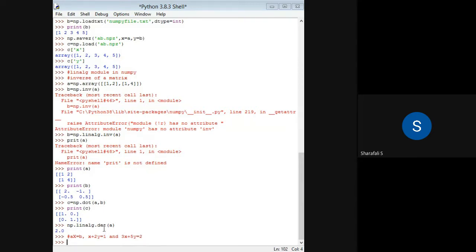So this A here is representing the coefficient matrix. This X is representing a single column matrix, 2 rows, single column. So in that case, we will have x and y as our unknowns, x and y as our column matrix. And then we have this B as your constant values, which is again a column matrix with values 1 and 2. Okay, so now if you solve these two equations,